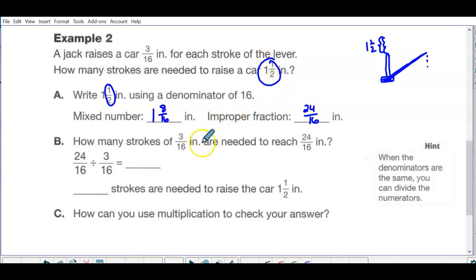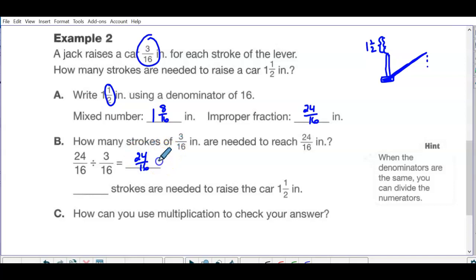Oh, sorry, not that. I'm going to erase that. Go back to here. This is how much the stroke rises, 3/16. So we want to know how many of these in 24/16. So then we show this as